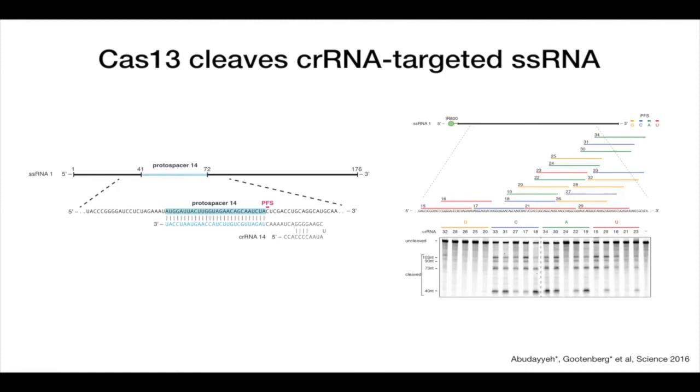You see that any guide sequence that's flanked by a C, an A, or a U successfully cleaved the input RNA into different fragments. But when you have a G, you don't end up with cleavage. And so this confirms that we have this single base requirement for Cas13 mediated RNA cleavage.